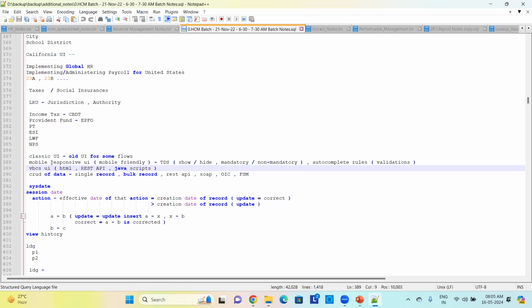So classic UI and mobile responsive UI, they are ADF based. Okay, so they are not available for, you can only customize them. But VBCS UI, you can build it right from scratch as such. And these pages have been converted into VBCS UI, like it's like an open stack which they are going towards,